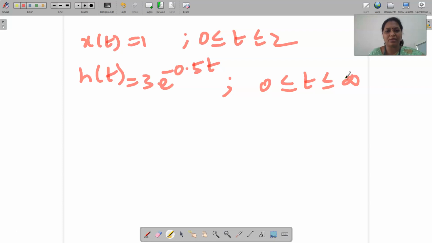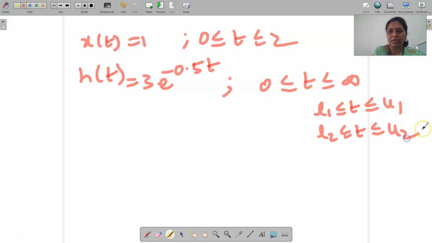So we need to find different cases of t first, that is your first step. So how do we find the different cases of t? Generally, for example, if I take some limits L1 to U1 and then L2 to U2, so lower limit 1, lower limit 2, and then upper limit 1, upper limit 2, this is the general concept before the particular problem. So how do I find the different cases of t? Add these two values, I need to find out L1 plus L2. So t will be lesser than L1 plus L2. This will be the first case of t.